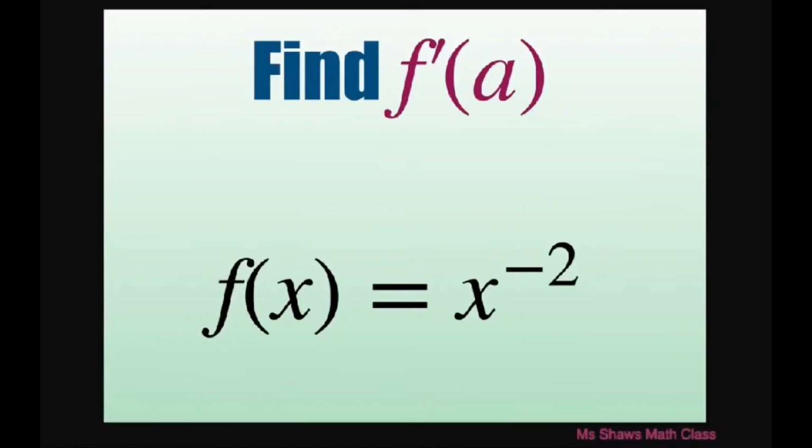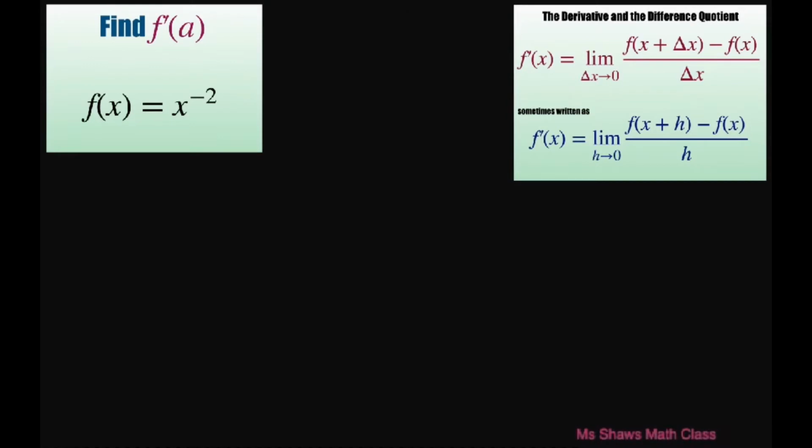Hi everyone, we're going to find f prime of a for f of x equals x to the power of negative 2. Now what we're going to use is this formula here, the definition of the derivative basically, and instead of x we're using a. So we're going to write this and keep in mind that f of x, I can rewrite this as 1